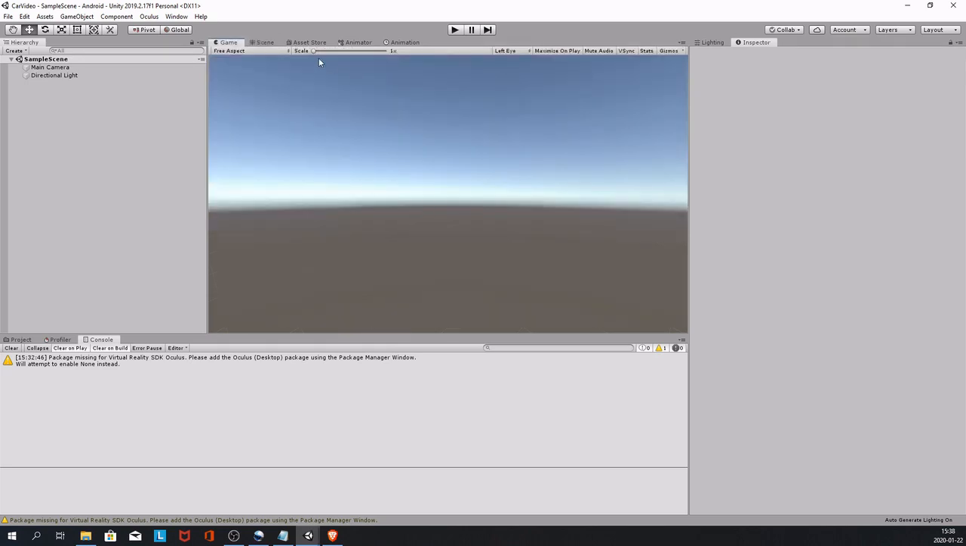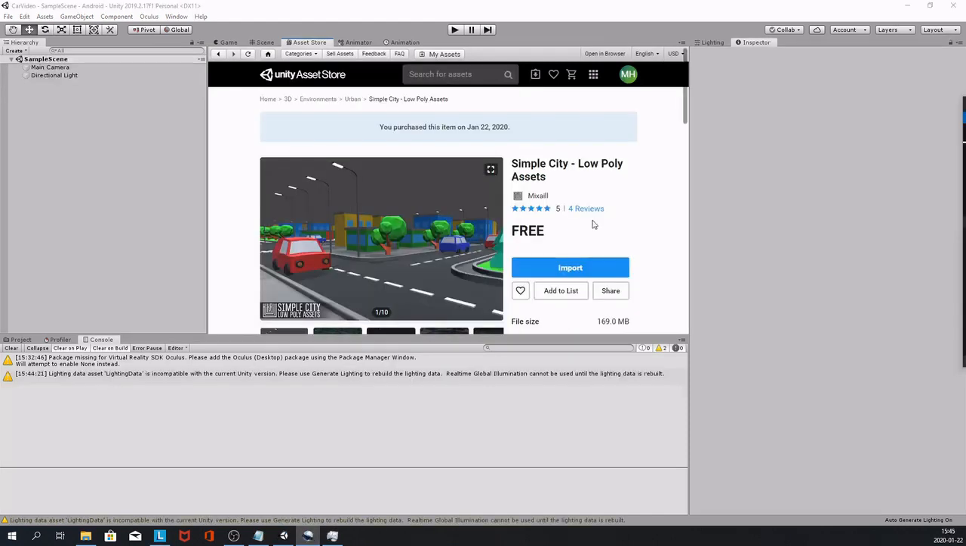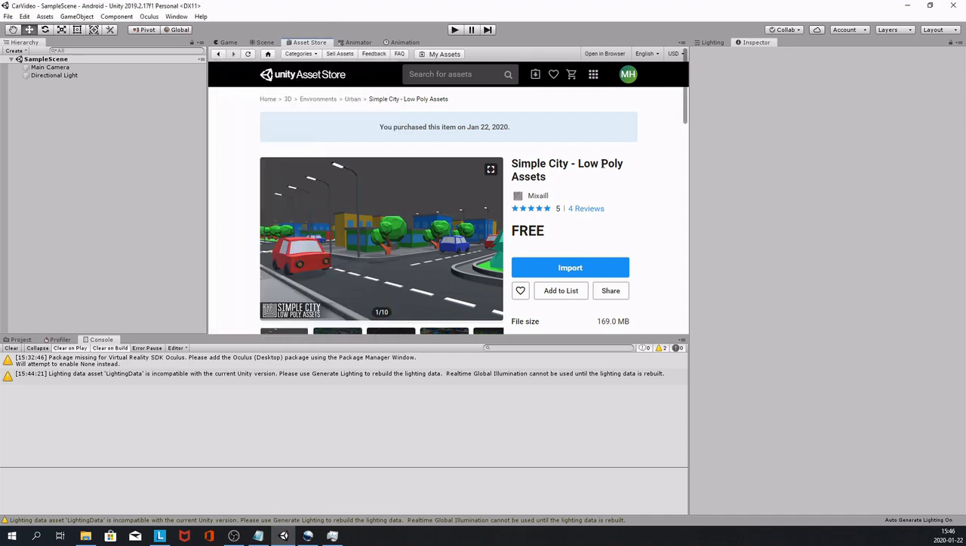So next we want some kind of city to drive around in. I'm gonna do the easy thing and find a low poly city in the asset store. Now hit download, then import. I have already downloaded it, so I only have the import button. Low poly means that there is relatively few polygons in the mesh, so that it is less taxing on our hardware, and we need to be as nice as possible to our Oculus Quest, so low poly is the way